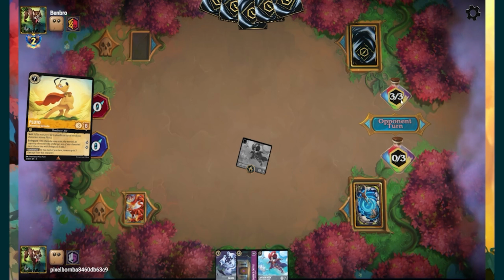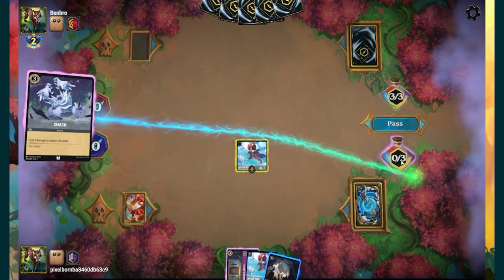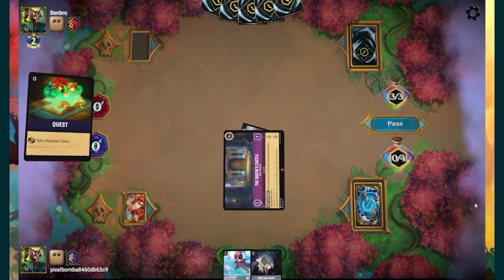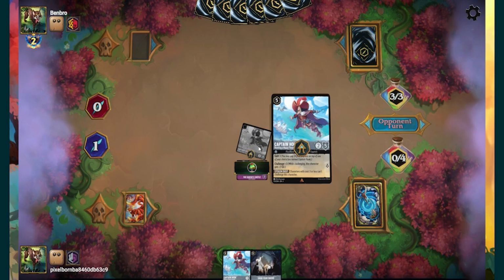He had the Pluto, which funny enough, both Plutos tapping down can reduce this Pluto's cost. So basically he just comes out for almost free. So we'll do this. I'm not really afraid of him threatening my Captain Hook at all. I can't be challenged by any characters that cost 3 or less per his ability, so...